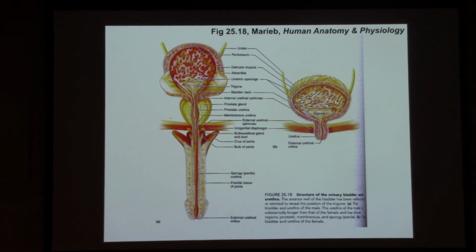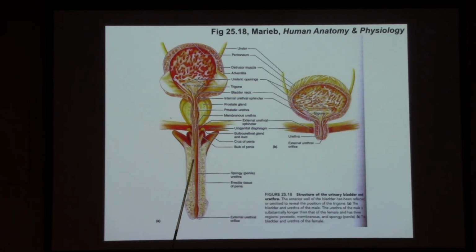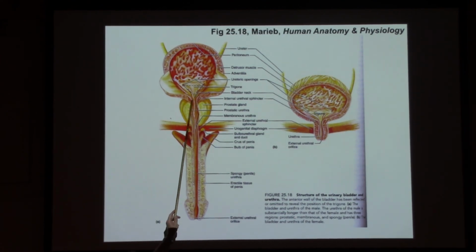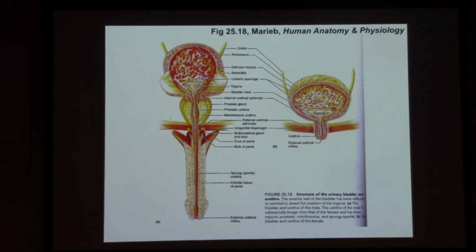And your kidneys, remember, when everything's working correctly, are constantly filtering blood, constantly making urine, it's constantly trickling in to the urinary bladder. And then out of the bottom of the urinary bladder, we've got the urethra that runs right through the floor of the pelvic cavity. At the very base of the urinary bladder, at the beginning of the urethra, that's where that internal urethral sphincter made of smooth muscle is. The external urethral sphincter is made